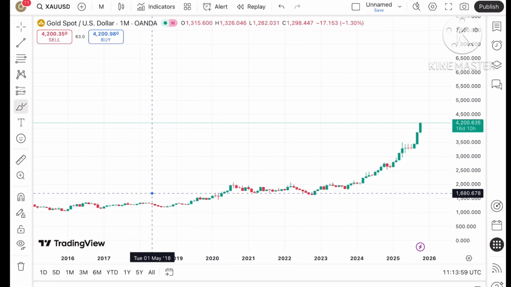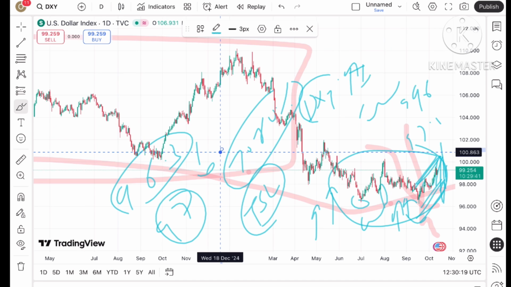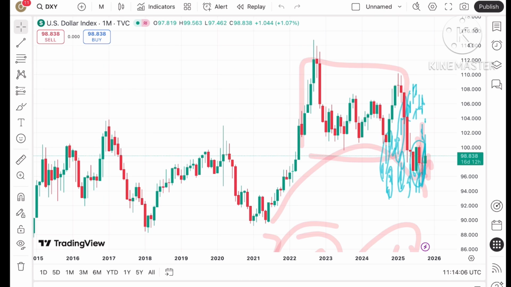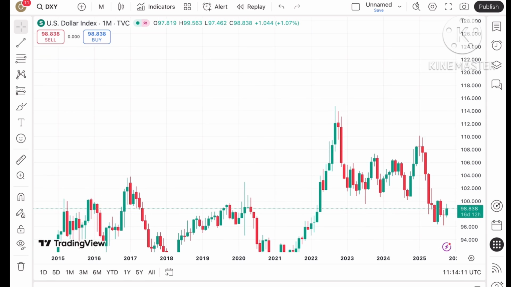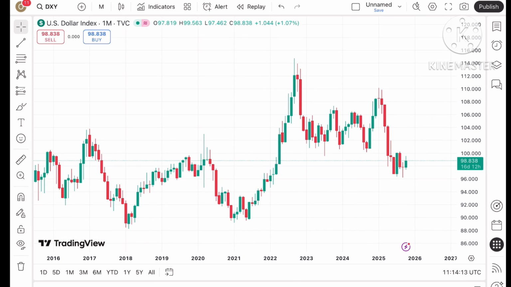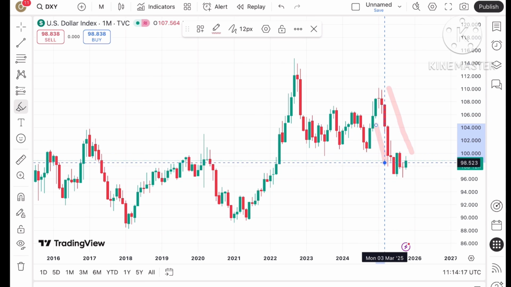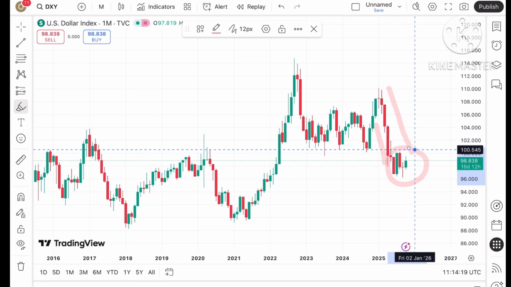Okay, now suppose the price sustains this level. I'll show you the dollar index chart also, so you'll understand clearly how the price of the dollar index is moving. See, the dollar index was continuously moving down when the price of gold was continuously moving upside. If you look at this trend, there is a continuous downfall. Now it has stabilized for some time,